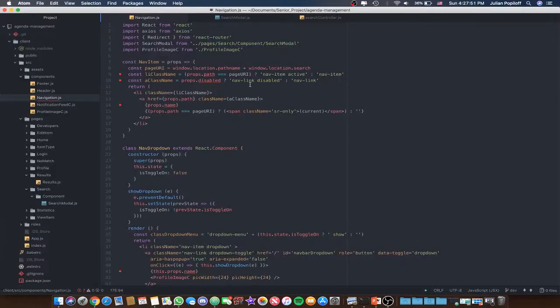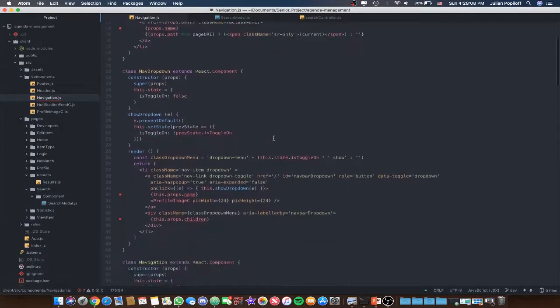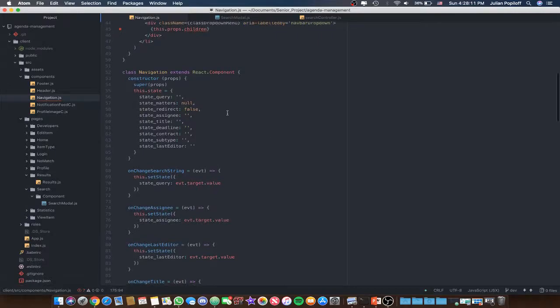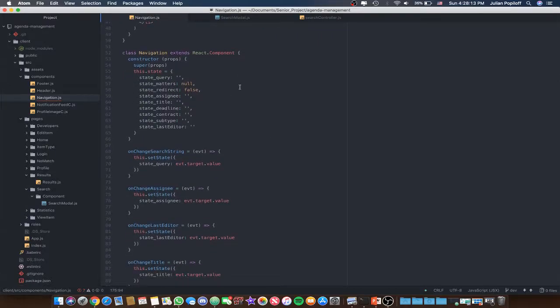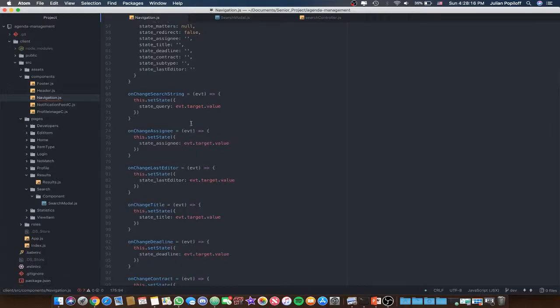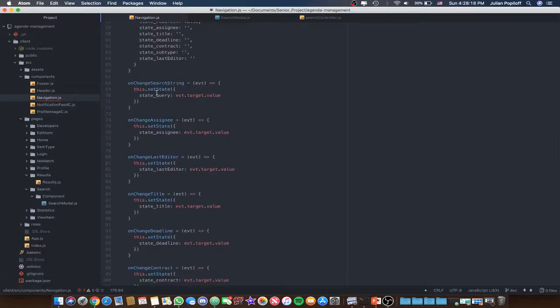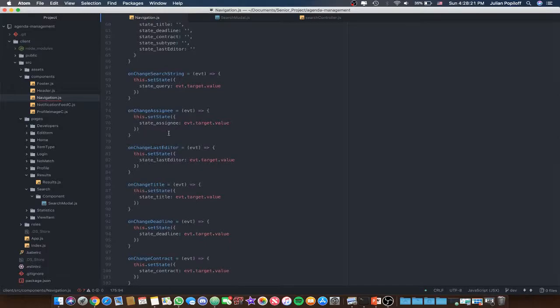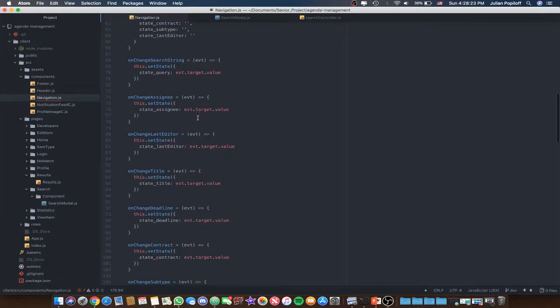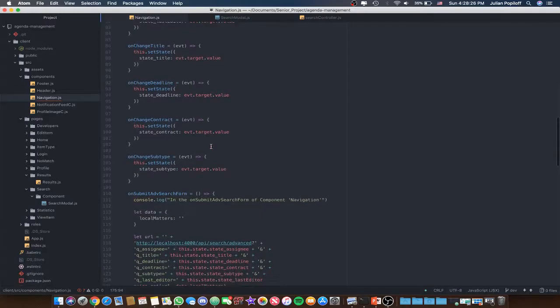In terms of the code and the framework behind it, the modifications were made to these three main files: navigation.js, search modal, and search controller. In terms of what was edited in this navigation file, it's pretty much having the logic for the search functionality. So for example, we have several on-change functions depending on if the user does a regular search or an advanced search. In our case, we did a search by matter name,